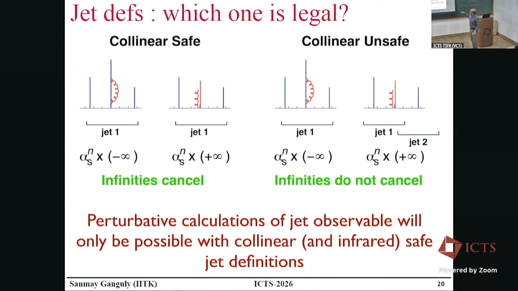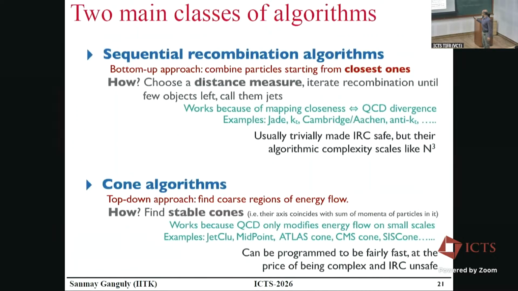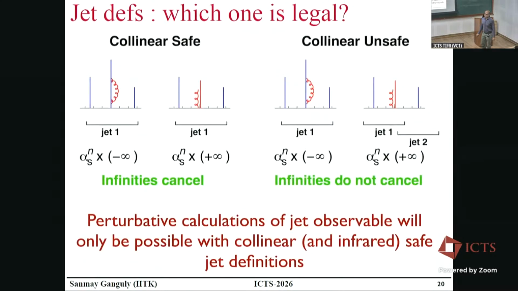Okay, so once we ensure that we club all these emissions, one virtual, one real, within the same jet reconstruction algorithm, call it one jet, then it's ensured that the jet cross-section which we get is finite. So that is essentially telling us that if you have an infrared and collinear emission of a real gluon, club it with the original partons and call it part of the same jet, then it's ensured that your jet cross-section will be finite.